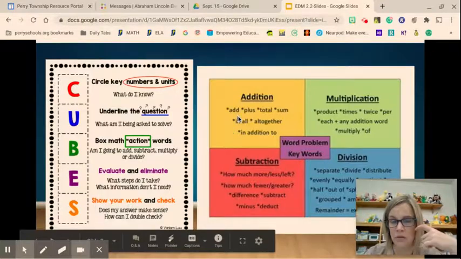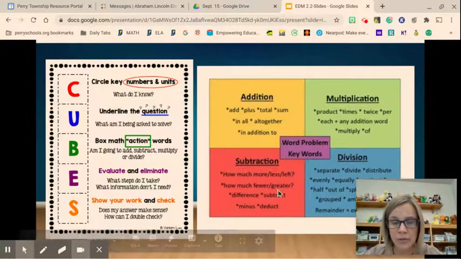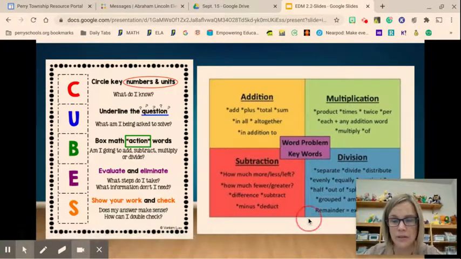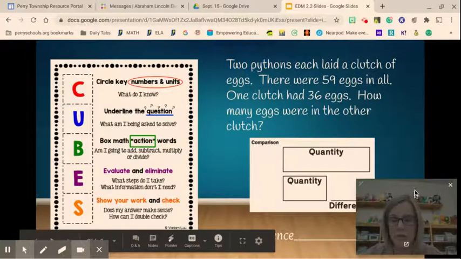And some of our addition words are add, plus, total, sum, in all, together, in addition to. These might not be all of the words, but those are a good example. For subtraction, we have how much more, how much left, how much is left, how much fewer, how much greater, the difference, subtract, minus, deduct. Those are all examples of math keywords that we might use. So I'm going to go in and start with our